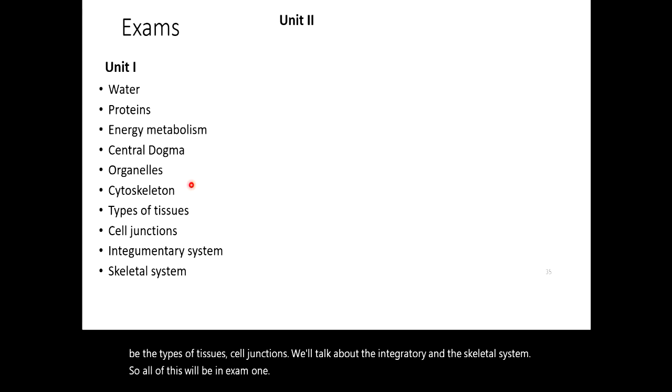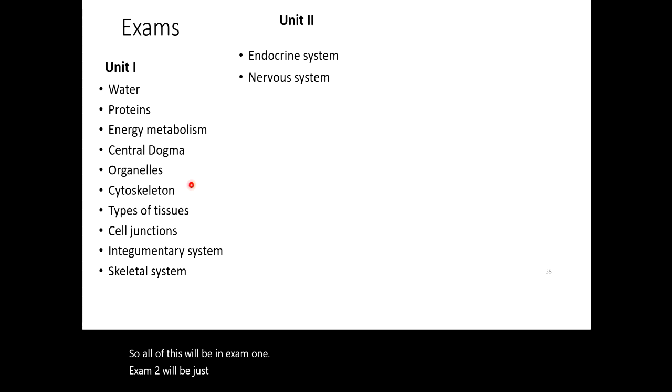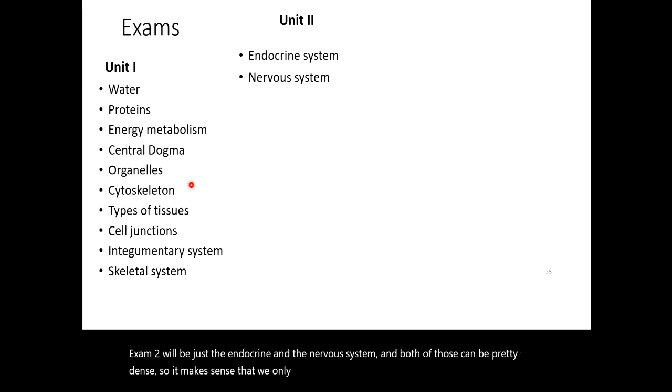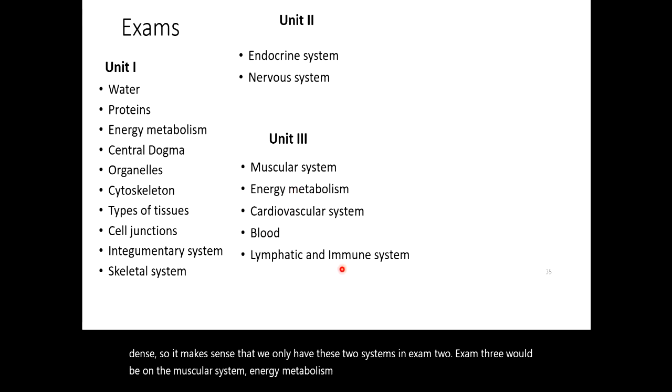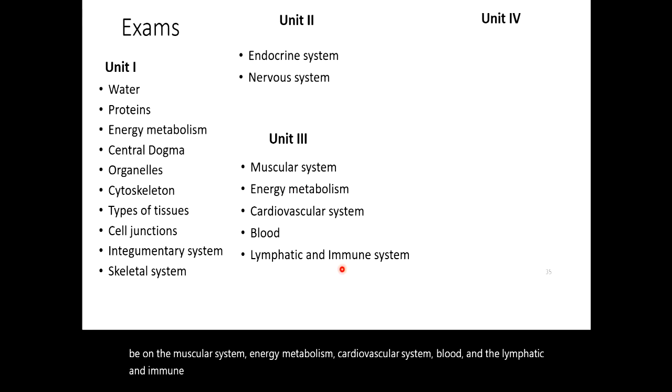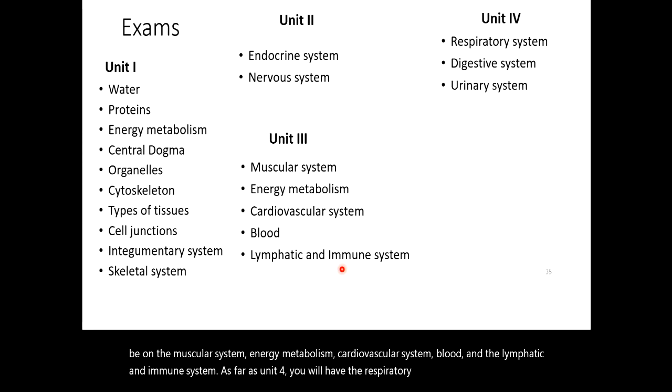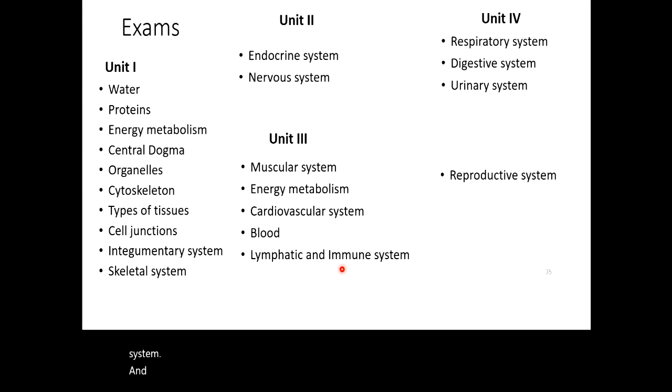Exam 2 will be just the endocrine and the nervous system, and both of those can be pretty dense, so it makes sense that we only have these two systems in Exam 2. Exam 3 would be on the muscular system, energy, metabolism, cardiovascular system, blood, and the lymphatic and immune system. As far as Unit 4, you will have the respiratory system, digestive and urinary system, and the reproductive system, the